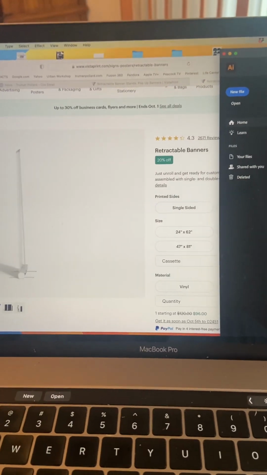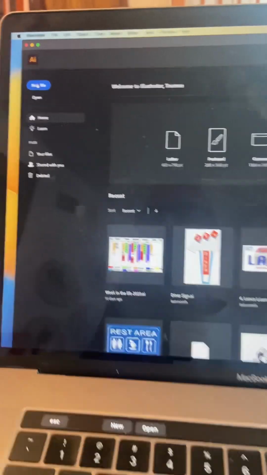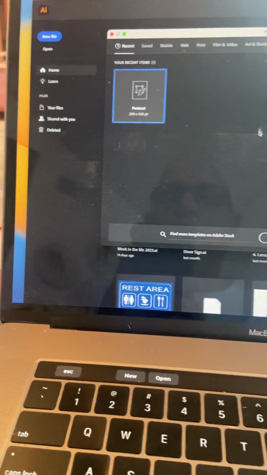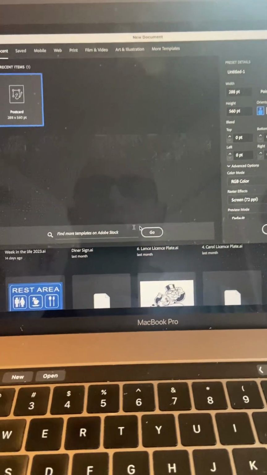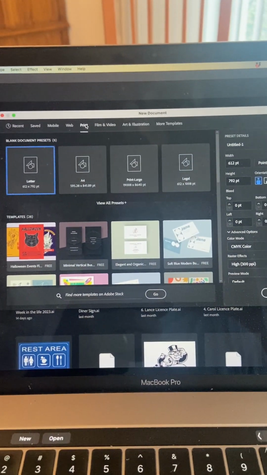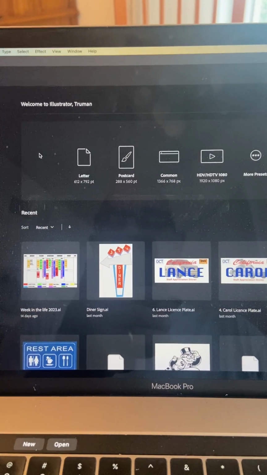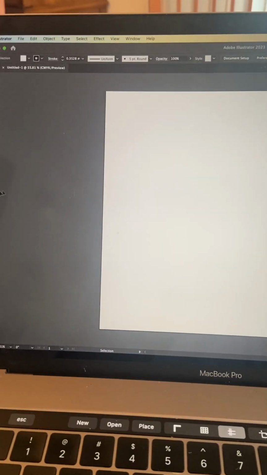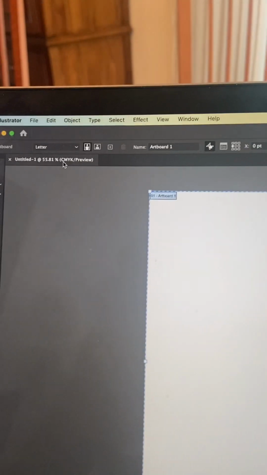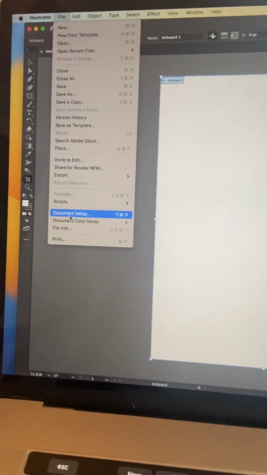I'm going to open up Illustrator. I like working in Illustrator, so I'm going to add a new file. Let's see. Print. Okay, I'll start with print, and at this point it doesn't matter. Then over here is the size, and it opened up with what's called points, and we don't need points. So I'll go to File, and Document Setup,